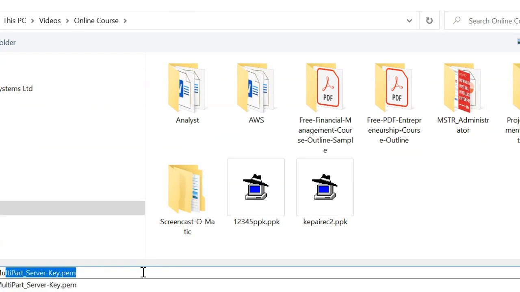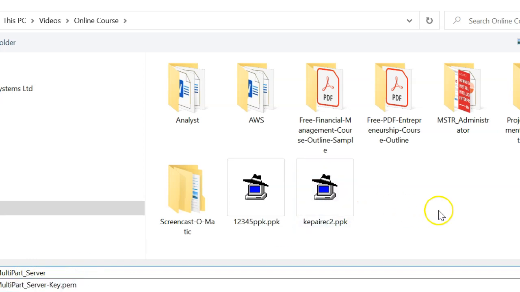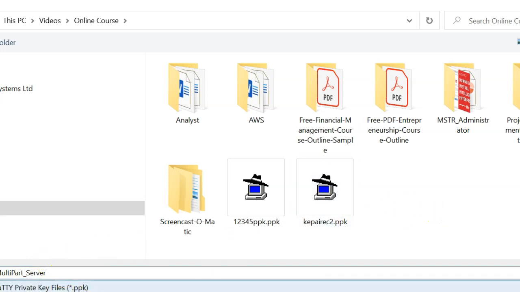It's not the .pem, it's a .ppk, so to make some difference I'm going to save it as multipart server .ppk.